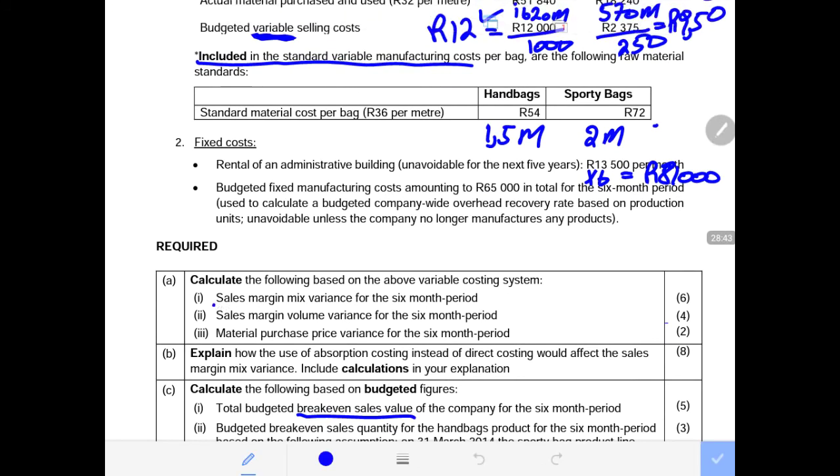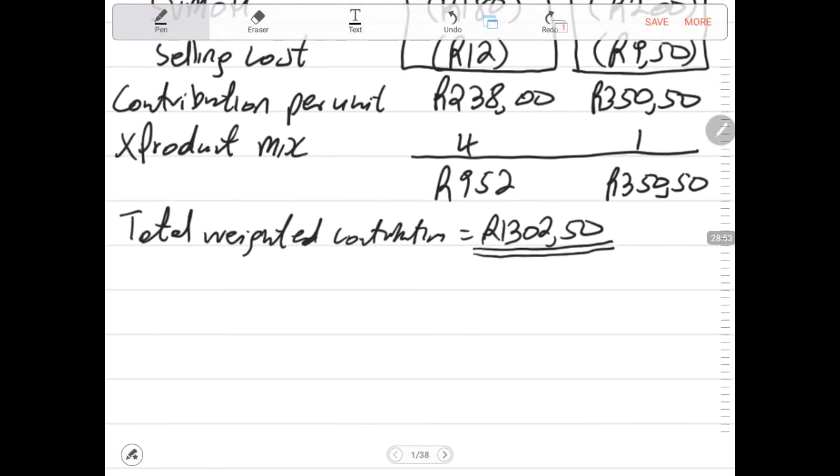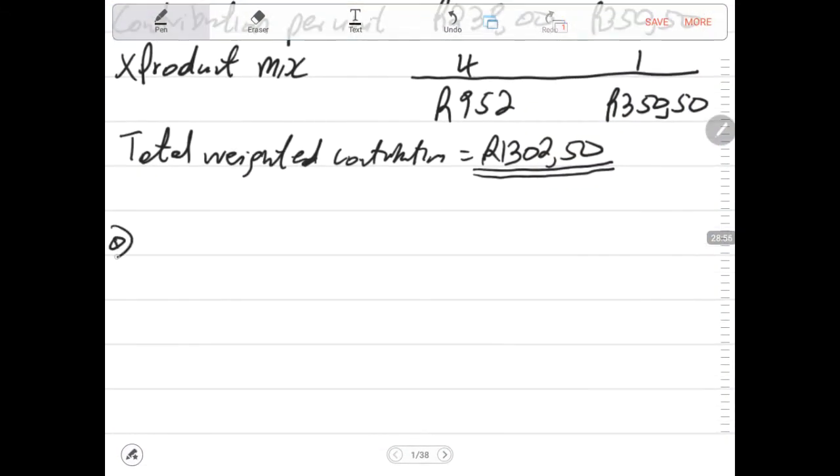Requirement first is to calculate the sales margin mix variance for the 6-month period. For the sales mix variance, we focus mainly on the actual units versus the units that were supposed to be, in terms of the product mix. So now what do we do? We have 2 products: the handbags and the sport bags, and this is the sales margin